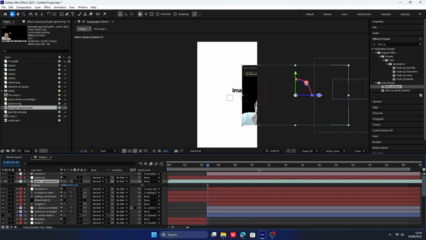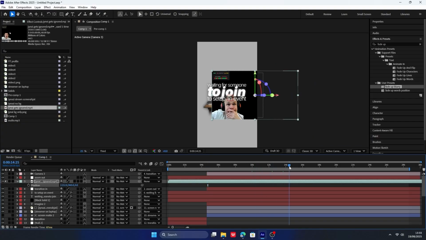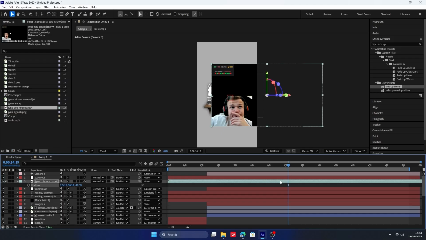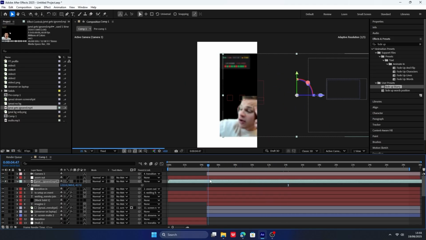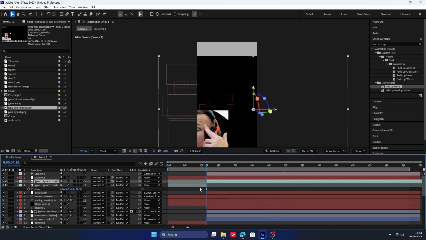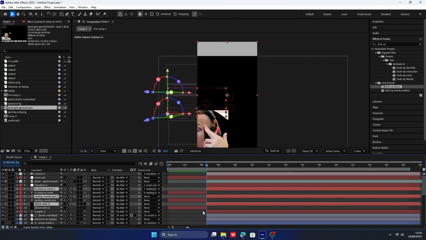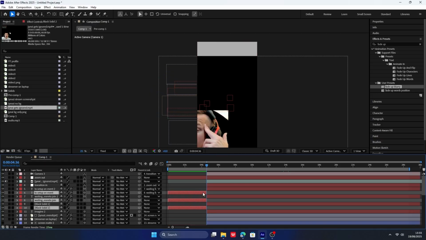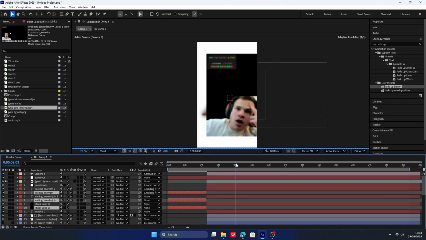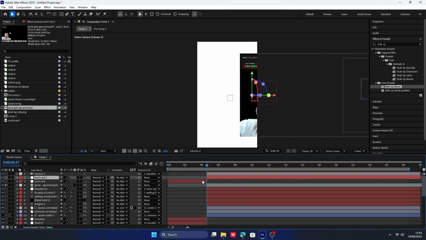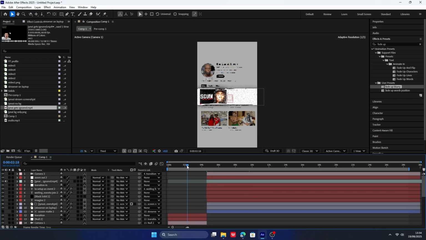Okay, I want to make it slide in. So first let's cut off the parts that we don't need. So just Control D. I kind of made a mistake here. You don't want to press Shift Control D because that creates another layer. And when you delete the first layer, you kind of play around with the names. So as you can see in the layers, there are layers with 2 at the end of the name, and that